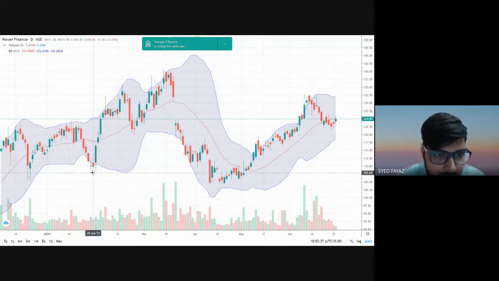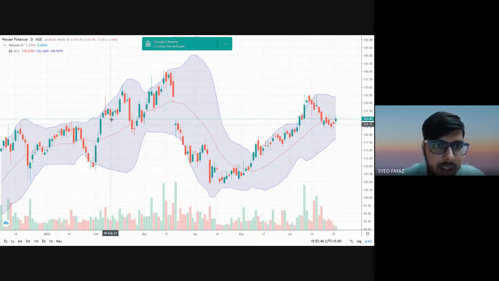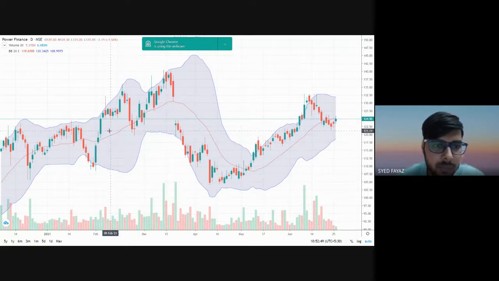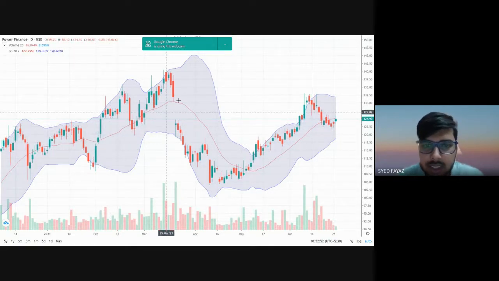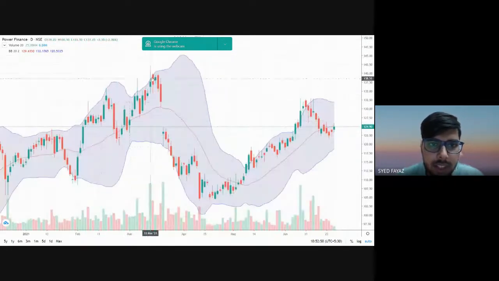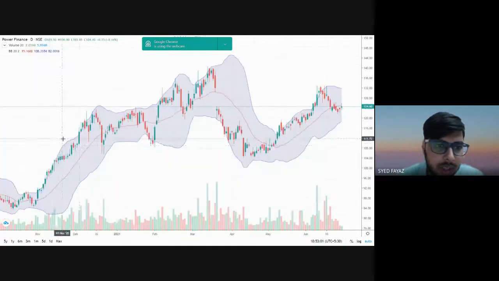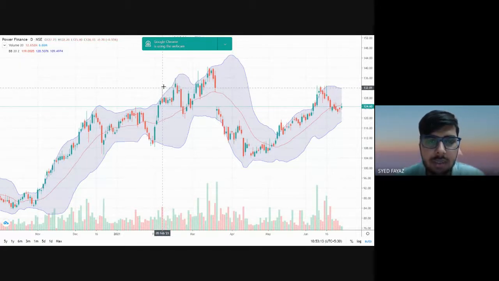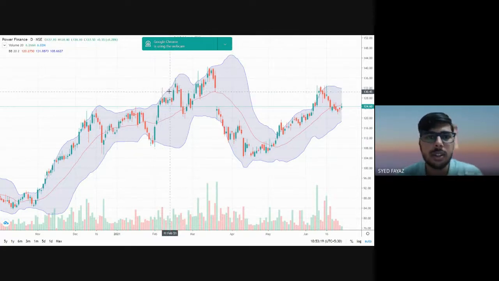In this, the trader could have entered over here and could have exited around 127 rupees. Then this would be his return, which he would have got by trading in this. Similarly, we can always see that the stock prices will always be inside the bands. So whenever they come outside the band, based on the candlestick pattern, the trader can enter the trade, and as soon as it exits the band, the trader should come out of the trade, because there is a tendency that the stock price will again come into the band.